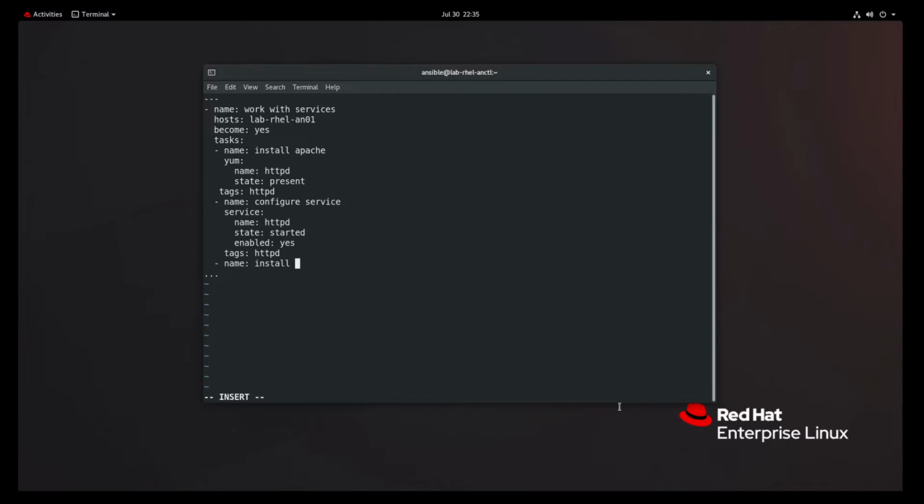First thing that came to mind was VSFTP, but that's what Sander van Vugt uses in his book a good bit of times. I want to try to be a little different than that. What would be a good service? TuneD is already installed. Maybe we'll do MariaDB. All right, so yum name